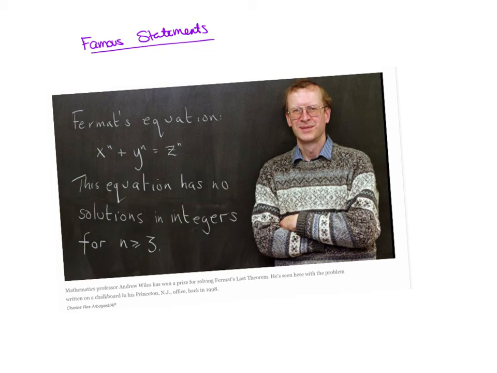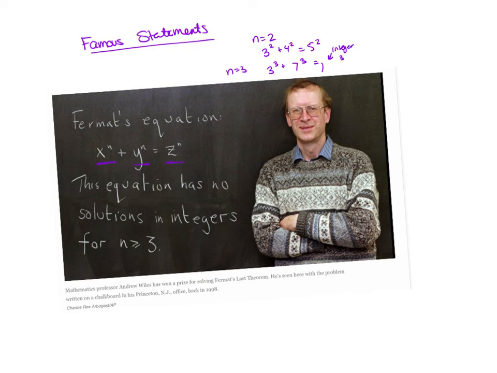Fermat's last theorem. Fermat's last theorem says that the equation x to the n plus y to the n equals z to the n has no solutions in integers, so there are no integers x, y, and z, if n is greater than or equal to 3. When n equals 2, we know these are our Pythagorean triples, so we certainly do have integer solutions. For example, 3 squared plus 4 squared is equal to 5 squared. But if I think about n equals 3, 3 cubed plus, say, 7 cubed, that's never going to be an integer